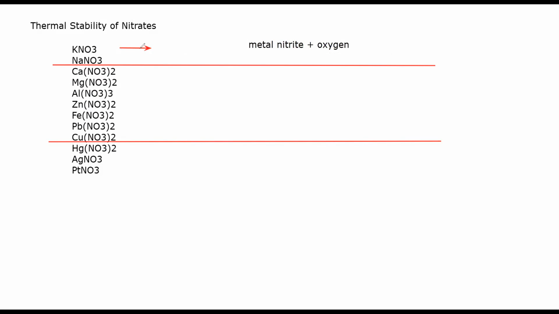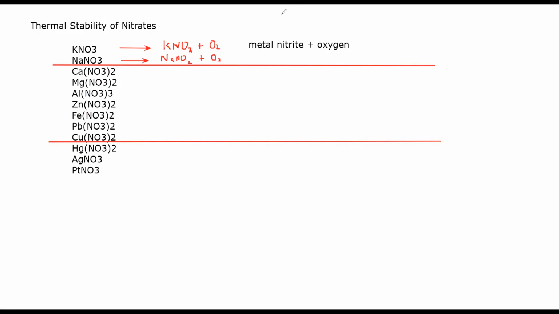So if I supply heat energy to potassium nitrate, it will form potassium nitrite. I'm not writing a balanced equation. Balancing part we'll discuss later, but I'm just completing the products. So it will decompose into potassium nitrite plus oxygen. Same thing if I supply heat energy to sodium nitrate, this will result in a formation of sodium nitrite plus